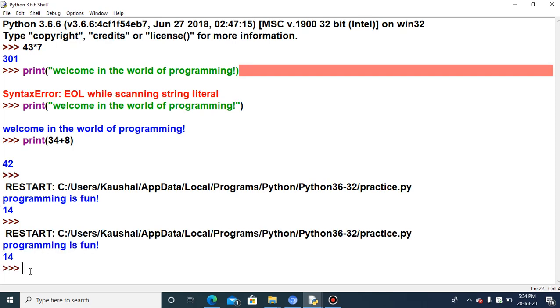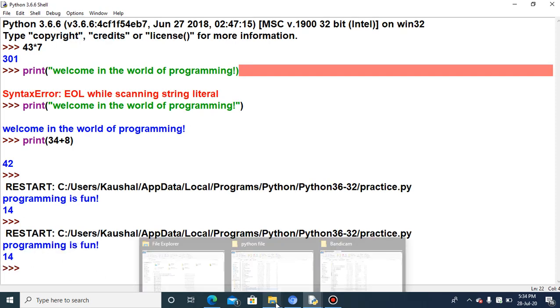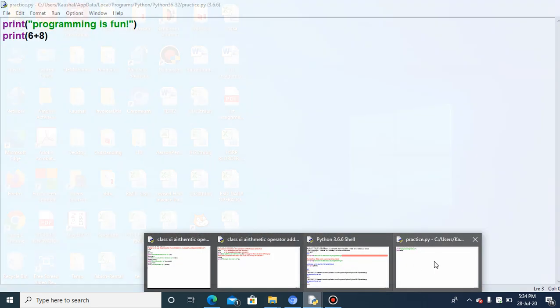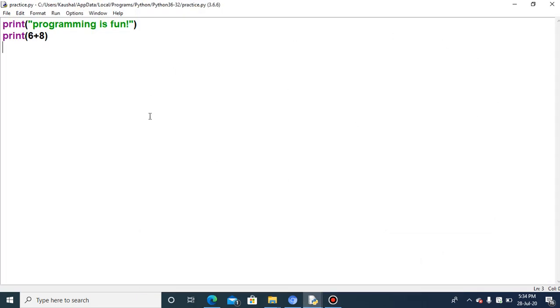Again you will be getting the same output because I have executed the same program again. So this is the script mode. In the script mode, all the program coding will be stored for your future reference. Suppose one day you have written 4 lines of program and you want to write another line of program the very next day. So what will you do?